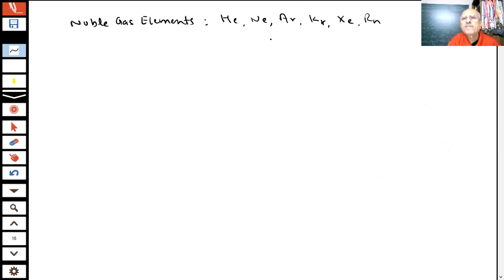These are the inert gas elements, noble gas elements of group 18. They are stable and they do not react under ordinary conditions. They are not interested to react. They are stable. Why? The question was studied, and what they say is that they have a stable